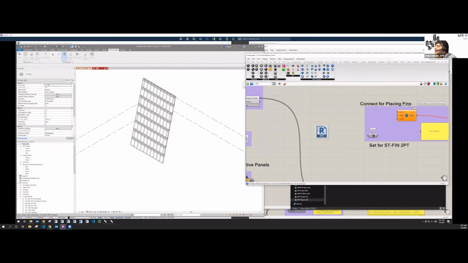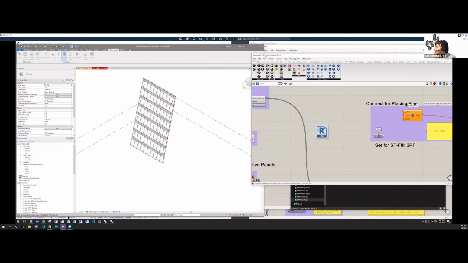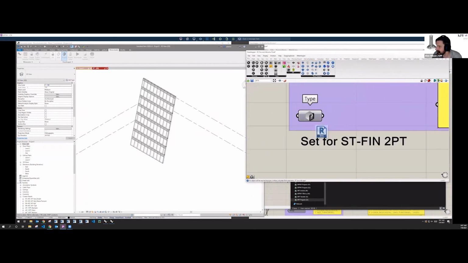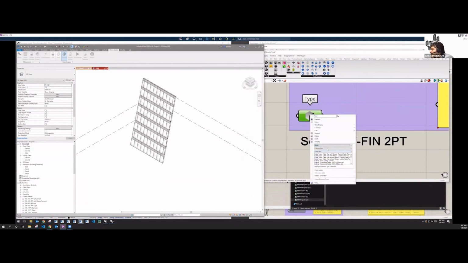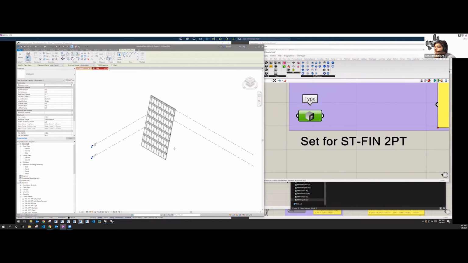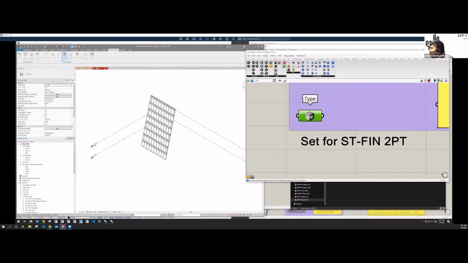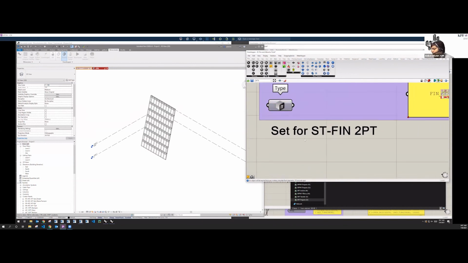Of course, we'll do it live. I mean, I can use your... We can use a different... Oh, it did load. Okay, awesome. All categories model. Category is structural framing, ST fin 2 point. So just going to attach